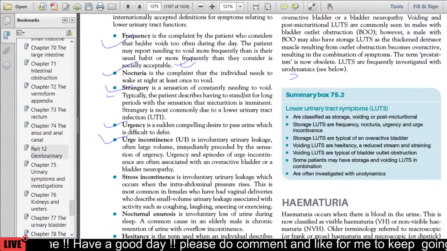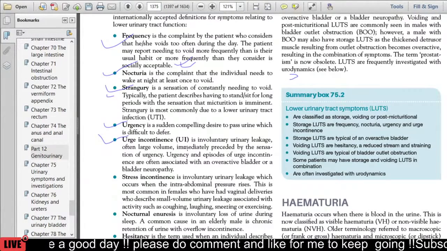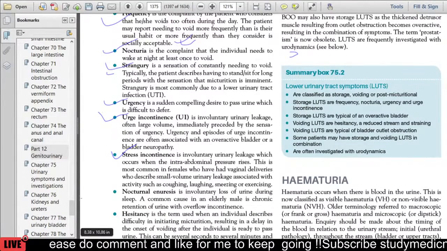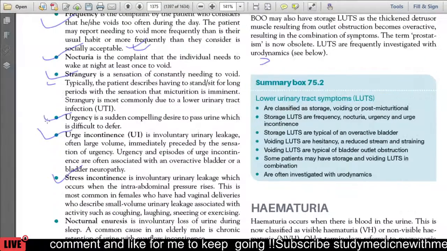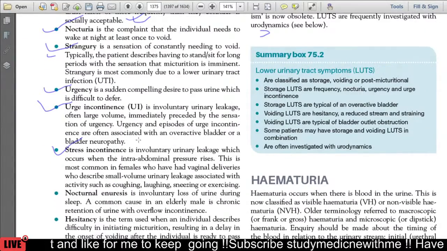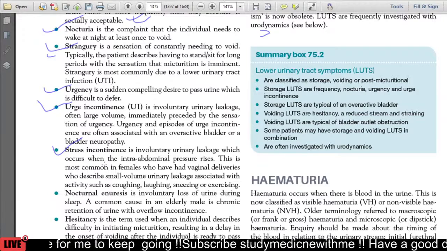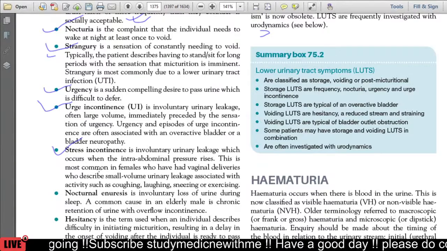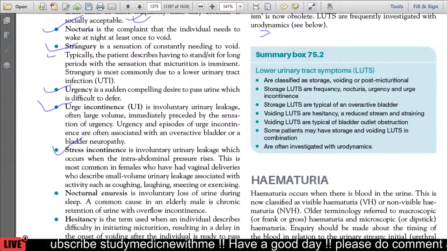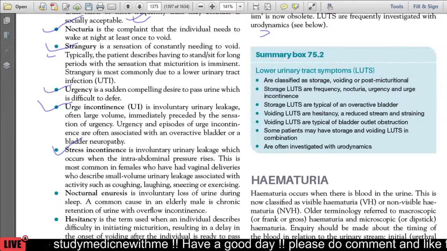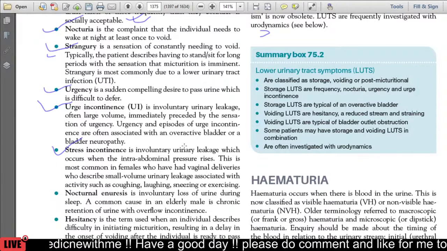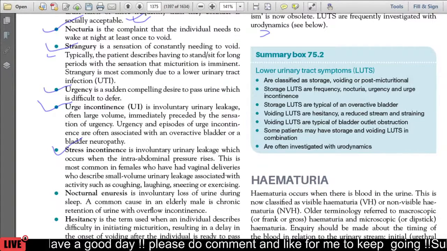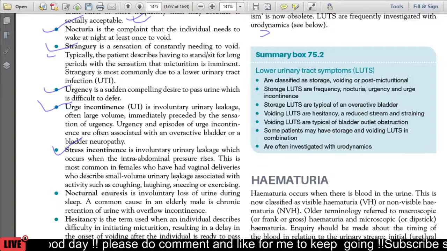In exact terms, there is also something called stress incontinence, as we are seeing right here. Stress incontinence is an involuntary urine leakage which occurs when the intra-abdominal pressure rises. Whenever the intra-abdominal pressure rises, there is stress incontinence. This is most common in females who have had vaginal deliveries, who describe small volume urine leakage associated with